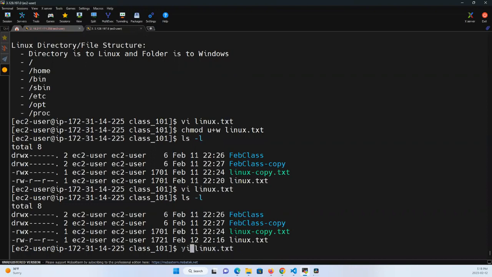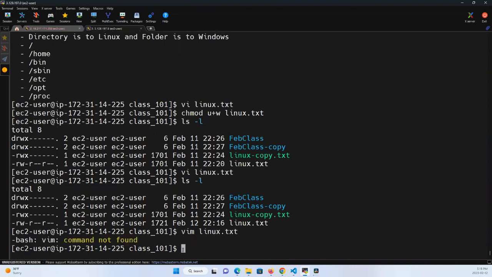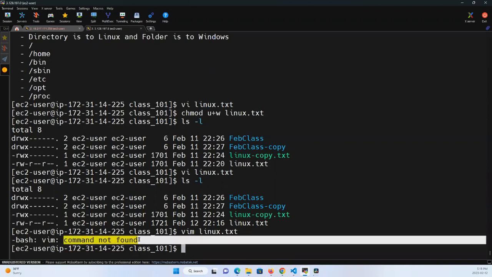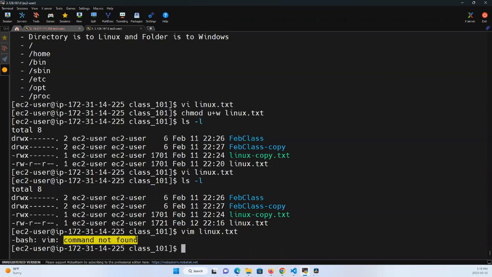But if we say we want to use Vim, what happens? It says command not found. But Vim is supposed to be a text editor. Why are we not able to find the command? Okay, you see, this expression is going to be a common expression in the course of this program. But when you see this expression, what should come to your mind is that